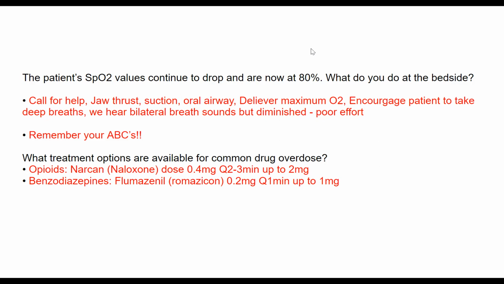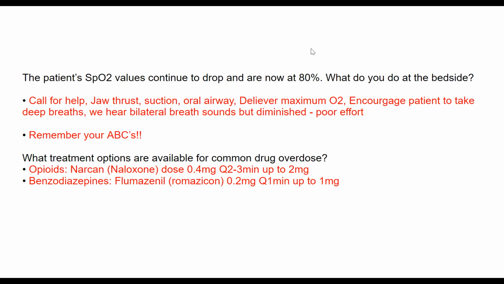So let's say, this patient in particular, we've identified that the amount of opioid was too much, and that they're not breathing because the respiratory rate's 5 and they're not taking good breaths because they just got all that opioid 10 or 15 minutes ago. Now the morphine's reaching its peak effect. The fentanyl's acting. So we have Narcan, which is a reversal agent for opioids. Everyone, I'm sure, has either seen it used or used it themselves at the bedside. It comes in a vial that's 0.4 milligrams per 1 ml, and you can usually give 0.4 milligrams every couple minutes up to 2 milligrams in the acute setting.